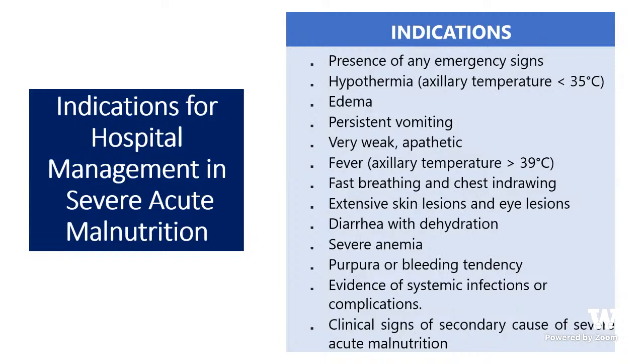For anemia, you can see whether the child is bleeding or has petechial spots or purpura. And as we discussed just now, systemic infections like pneumonia, bronchiectasis, diarrhea, or neurological infections like meningitis can be there. But the most common thing is that the child may have hypothermia, because the child doesn't have fat. So the child lands up with hypothermia. These are very, very emergency signs. You have to treat immediately. You have to admit the child and start treating these babies.